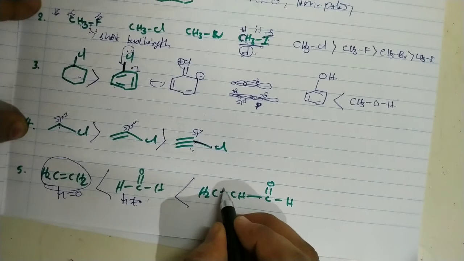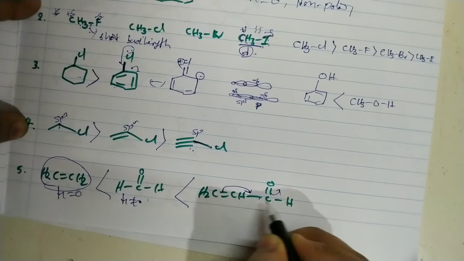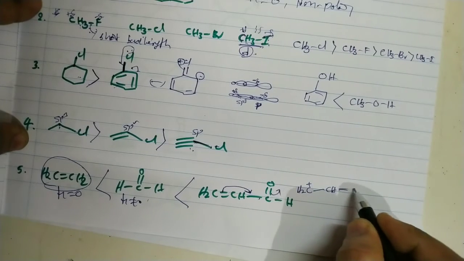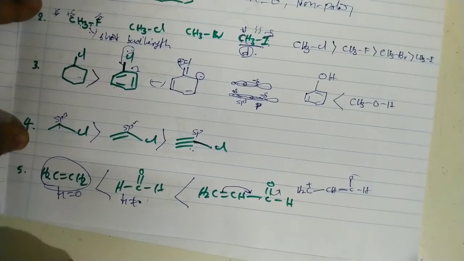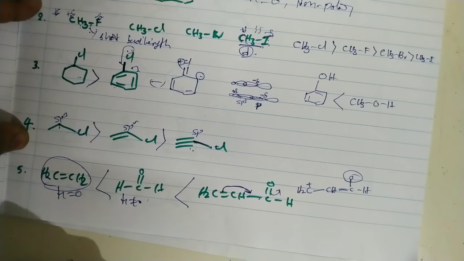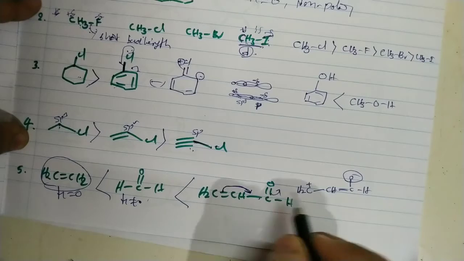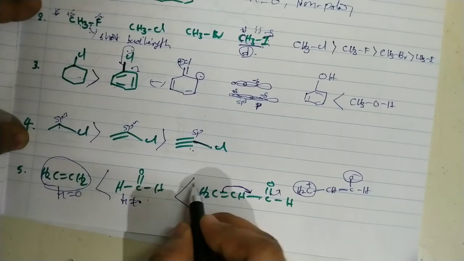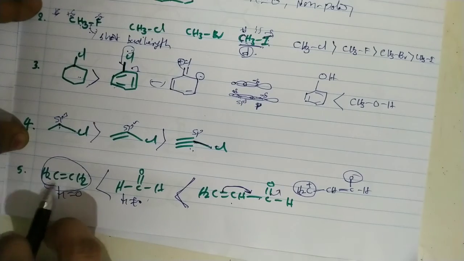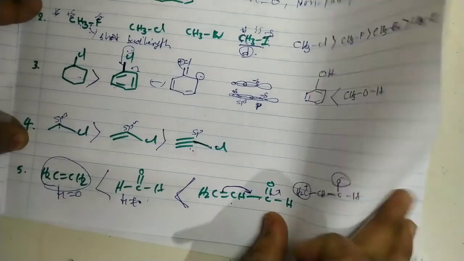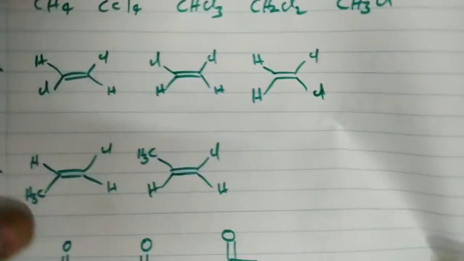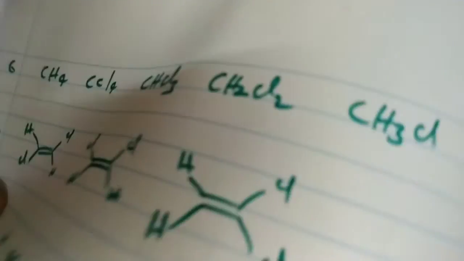But in this case, this one we can take as having the higher dipole moment. Why? Because the polarity increases because of the conjugation. Polarity increases like CH3 plus, CH double bond, O minus, H. By conjugation of these pi electrons, the magnitude of the negative charge on the oxygen increases. By the withdrawing nature of this aldehyde group, the magnitude of the positive charge increases. As a result, this one has a higher dipole moment than formaldehyde. Of course, this one molecule has a 0 dipole moment. And some more molecules we can see here.